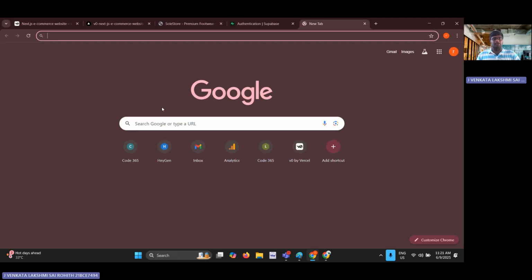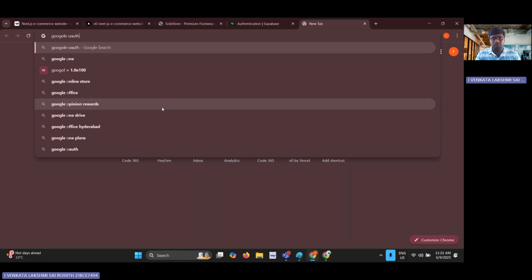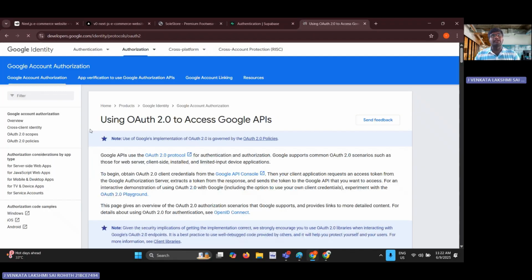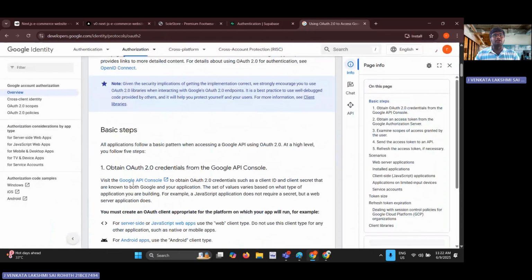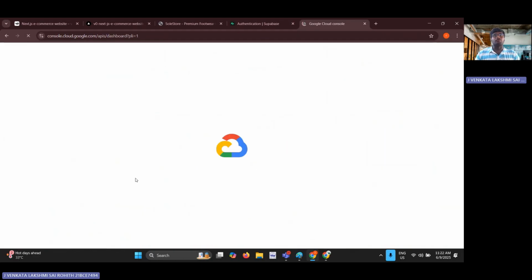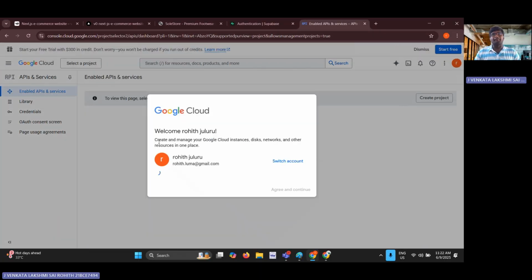just type in Google auth keys. Now you will be seeing a website called Google OAuth to access Google API keys. Just go there, and here it will ask to redirect to Google. You can see the option to go to Google API Console. Now we are going to Google API Console. Once we are in Google API Console,